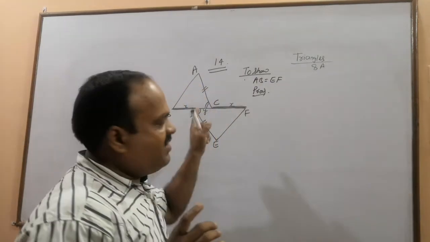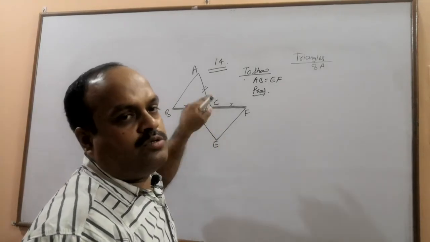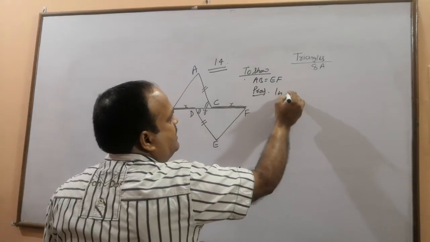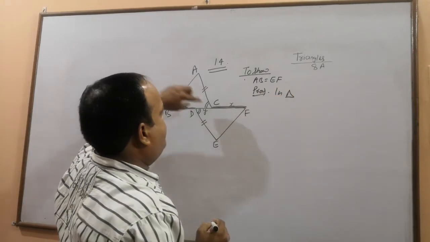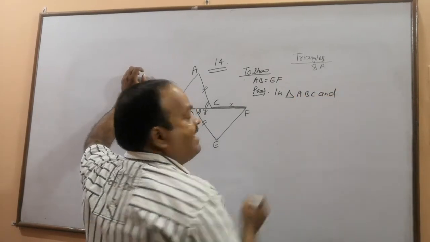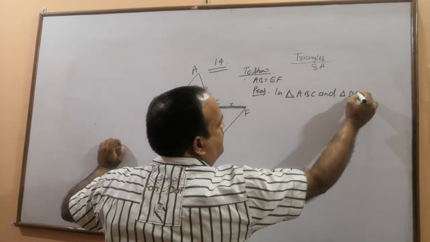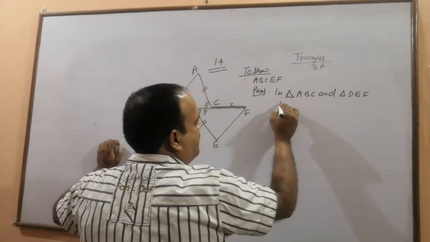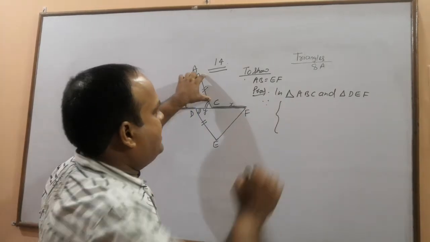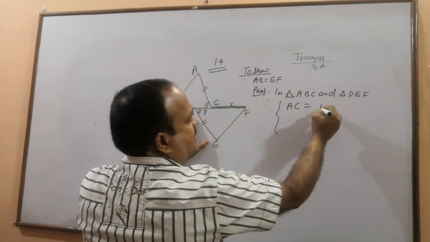But first objective is to prove the congruency of these two triangles. For this, I write in triangle ABC and triangle DEF, since you see AC equals to DE,